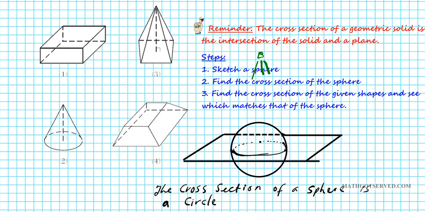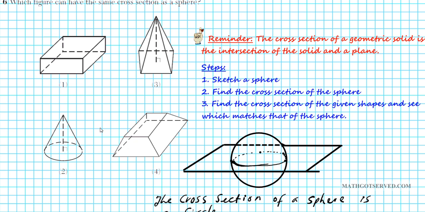Okay, so now that we know what the cross section of a sphere is, a circle, we're going to look at these four solids we have right here, and then we're going to determine what their cross sections are. Now, the easiest way to determine the cross-section of these solids is by simply looking at the shape of the base, okay? Because the base is practically resting on a plane. I don't need to cut it. So if you look at the base of this shape right here, this rectangular prism, its cross-section is a rectangle,